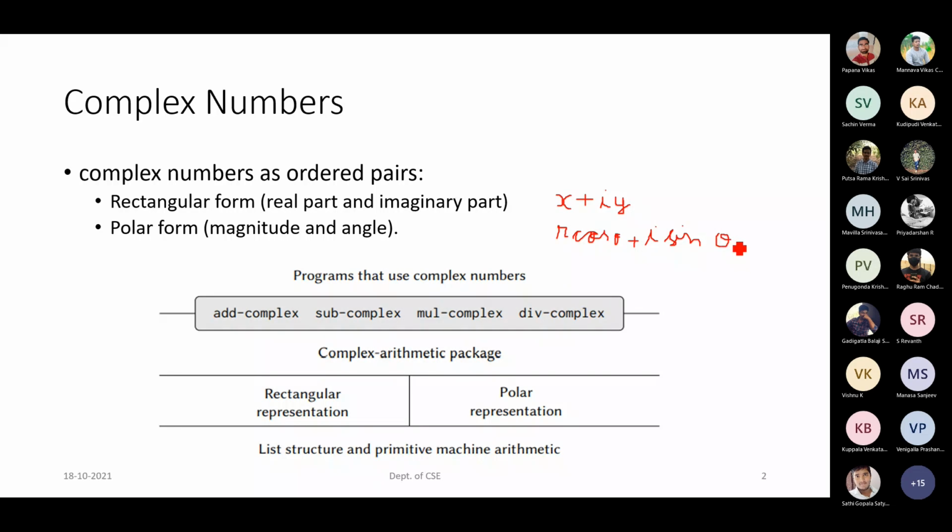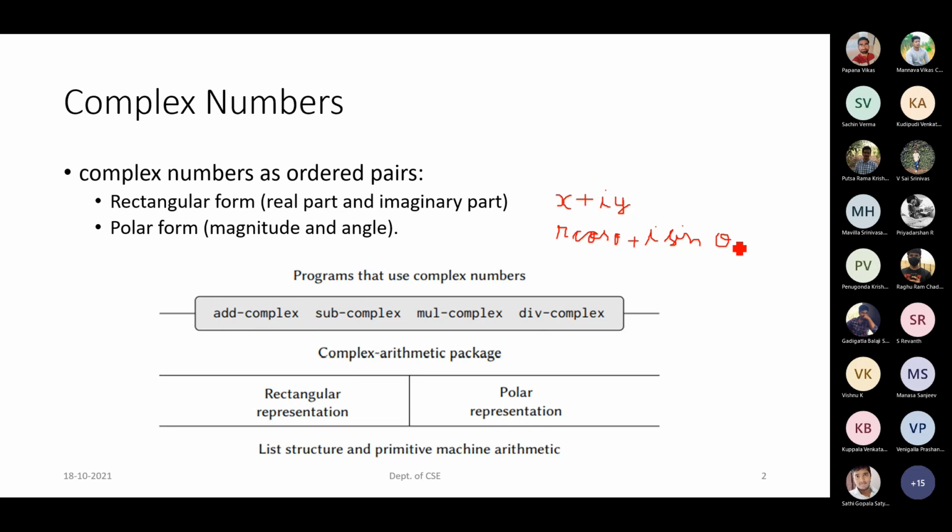So when we say the complex number itself, we have two different ways of representation, either the rectangular form or the polar form. But when we are representing this as data, that is, when we are passing this as data, how do we pass it? Especially in the Lisp language, or in any other language, when you are defining any functions required,